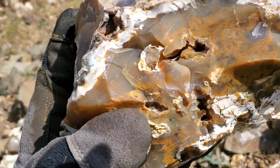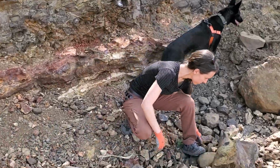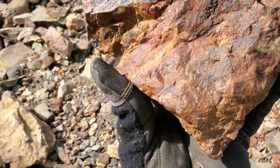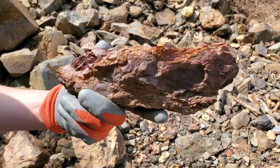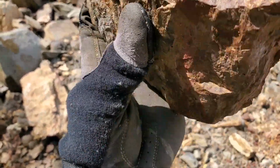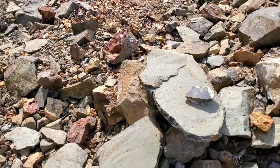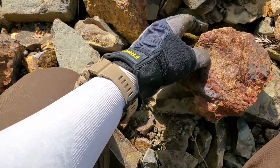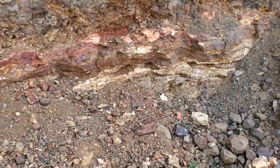Oh, tumble rocks? Yeah. Druzy pocket. Wow. Look at some of this Jasper. Yeah, oh wow. That's pretty. I think I'll have to take this piece. I like that. That's a little fractured. Yeah, you can really see the